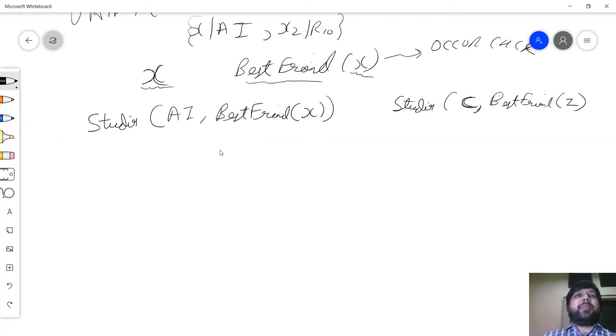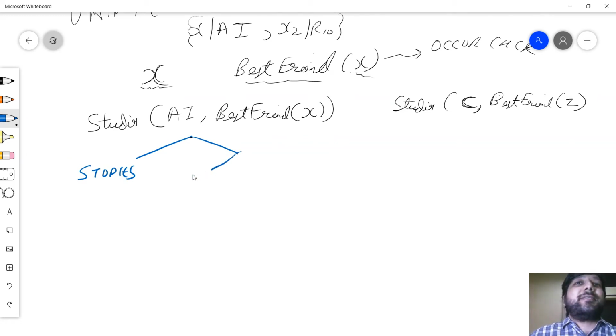So I'll completely parse this thing up, and how I'll parse it: this entire relation could as well be studied in the form of the name of the function followed by the list of all the arguments. The first argument is AI and thereafter everything else.